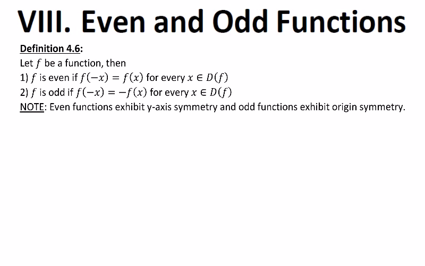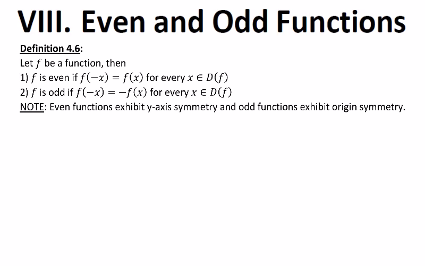Part 8 of section 4 will be the last part for this section on even and odd functions. You're familiar with the concept of even and odd, hopefully from talking about integers. Not all real numbers can have the even and odd distinction given to them. Only the integers can have even and odd associated with them. So not every function that we encounter is going to be able to have the even and odd label to it. But there are certain functions, and some that we've already seen, that are going to qualify as being even